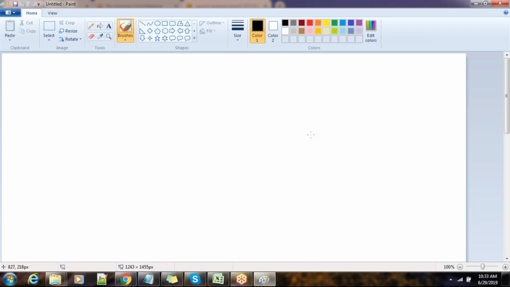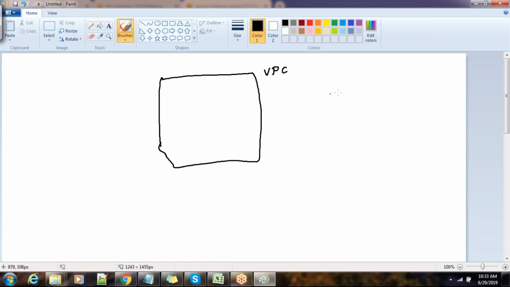This is the VPC, virtual private cloud. It's nothing but network isolation. You can have multiple VPCs created, but for our cluster deployment we should have everything inside the same VPC.